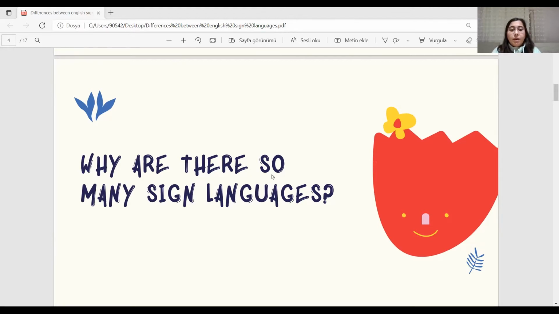And it's not just the signs that vary. The signer's facial expression, gestures, and body language can all have a significant bearing on how a sign language is communicated. Which is why there are so many different forms of sign language, not just in the UK or USA, but around the world.